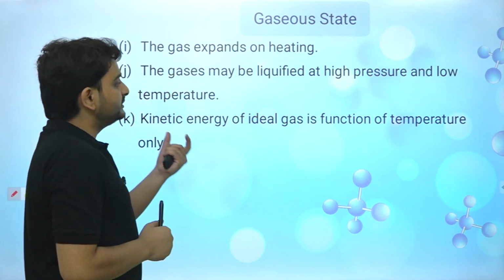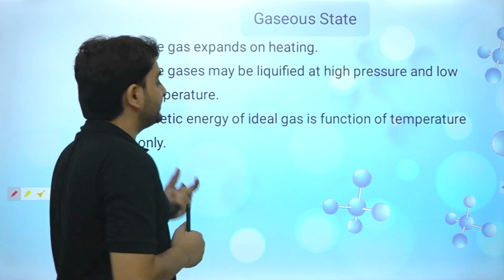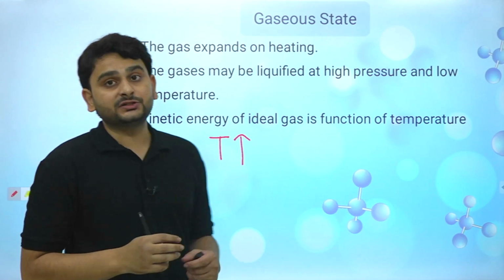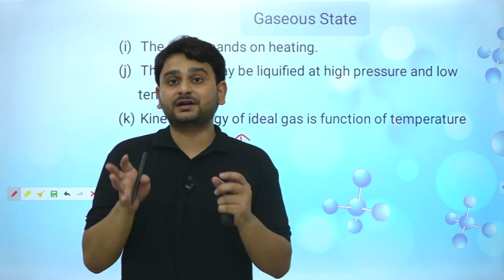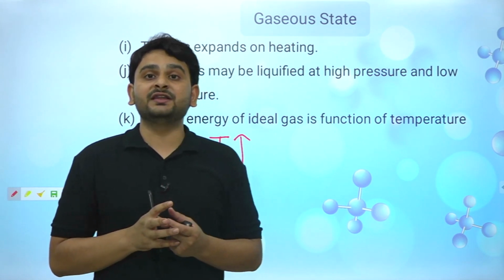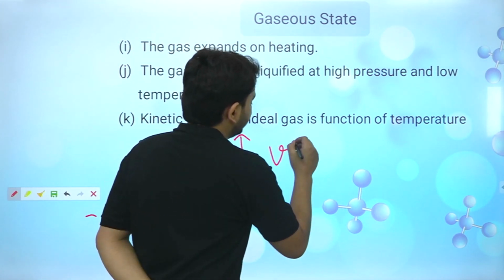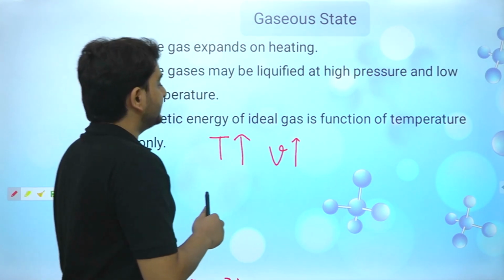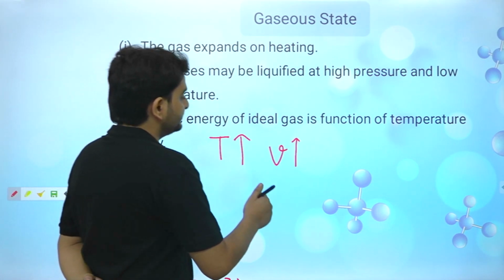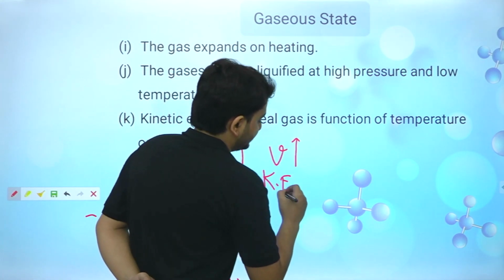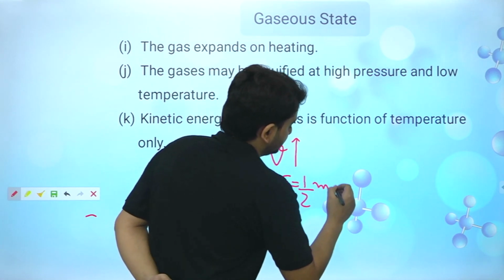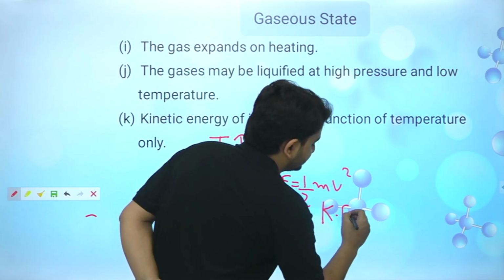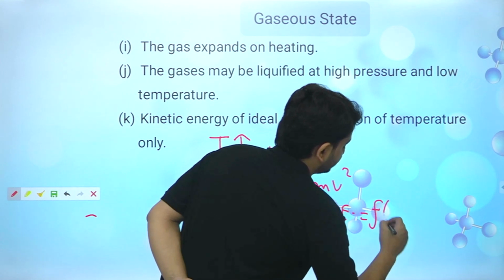All right. Kinetic energy of an ideal gas is a function of temperature only. So what happens when we increase the temperature? The energy in the system increases. The energy in the container in which the gas particles are contained will increase, due to which the velocity will increase. And when the velocity increases, the kinetic energy, because kinetic energy is half mv square, increases. In fact, we can just say that kinetic energy is a function of temperature,